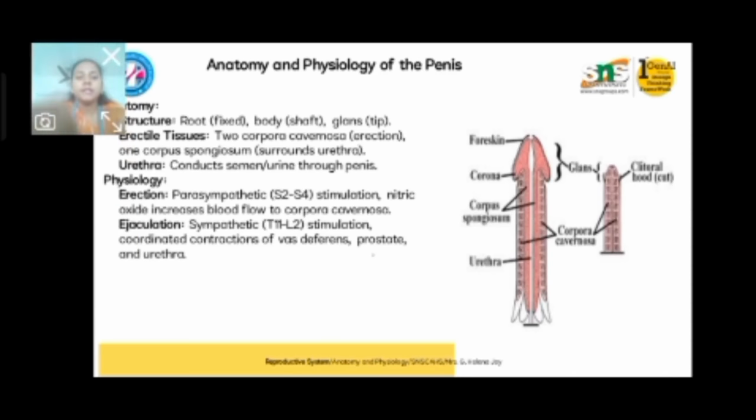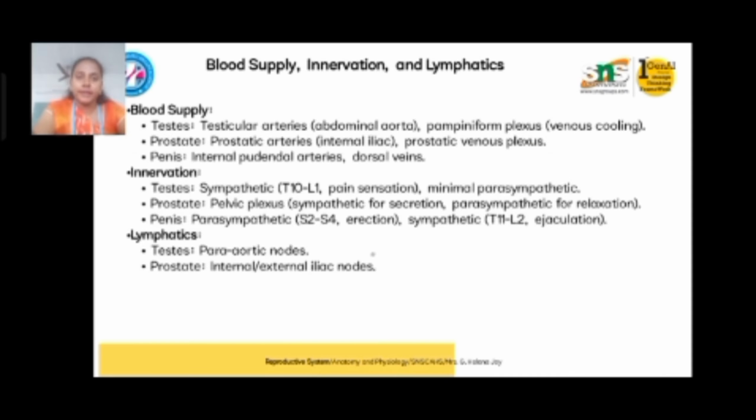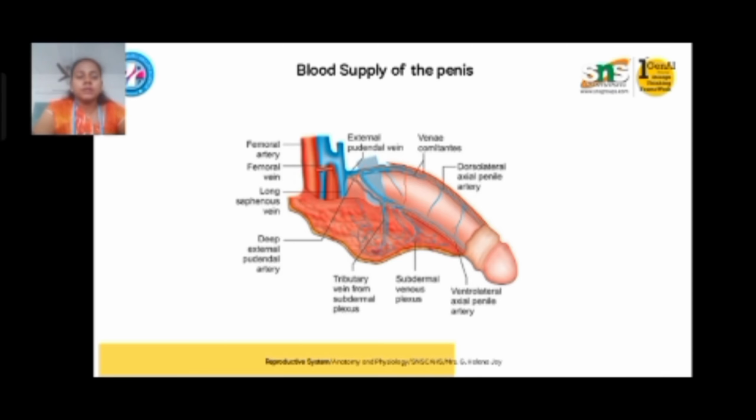The physiology is the erection function. For erection, parasympathetic stimulation is involved, and for ejaculation, sympathetic stimulation is involved. For blood supply, the testicular arteries will supply blood to the penis. So this is how the blood